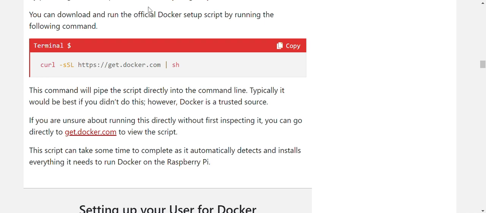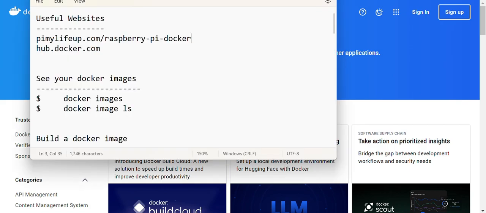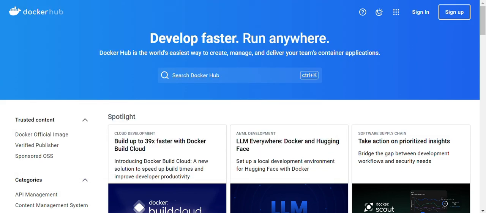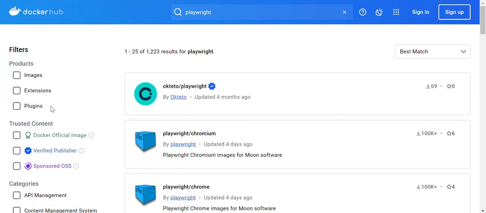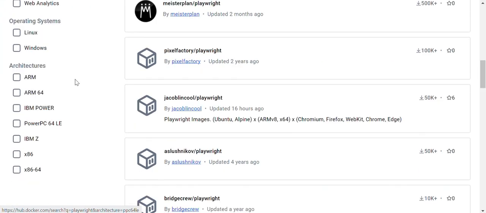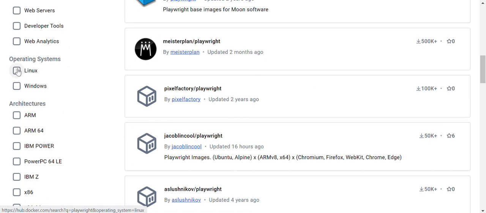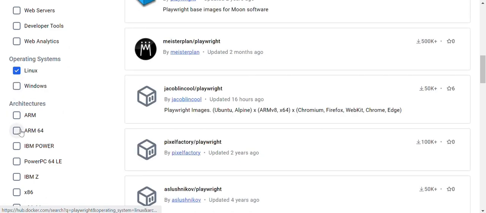Now, once you install Docker, you're going to probably need a Docker image that's suitable for your Playwright program. So go to the Docker Hub website, hub.docker.com. Here's the website, and then type in the search bar, Playwright. And if this is Raspberry Pi, you're looking for something that's Linux. So go to the left-hand side, scroll down until you see the operating systems. Click on Linux, and click on ARM64 and ARM,